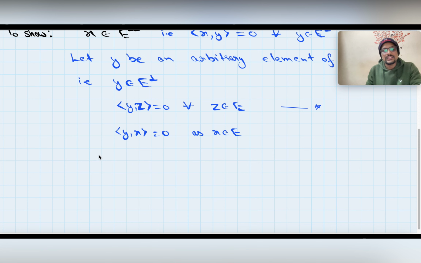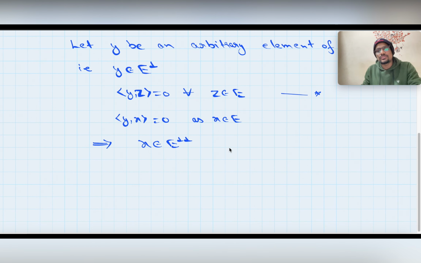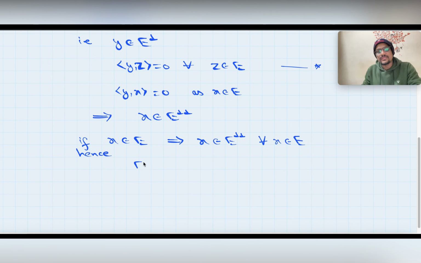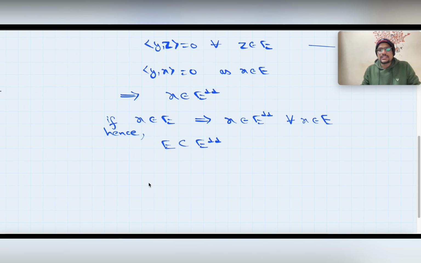It means that this X is inside E⊥⊥, and this is true for all X belonging to E. That is, if X belongs to E, it implies X belongs to E⊥⊥ for all X belonging to E. Hence E is contained inside E⊥⊥. So this is the proof of this result.